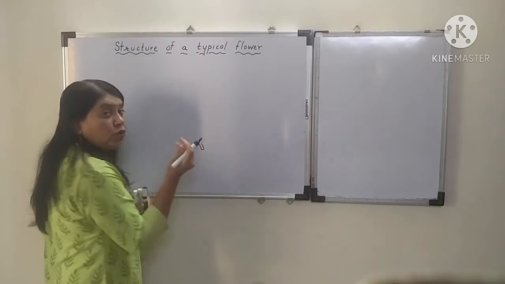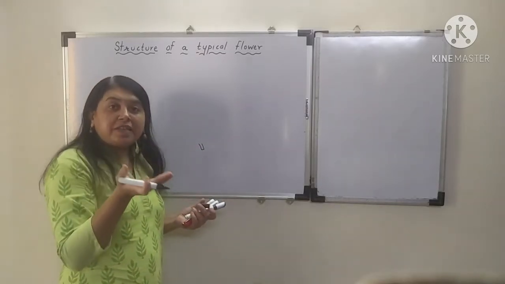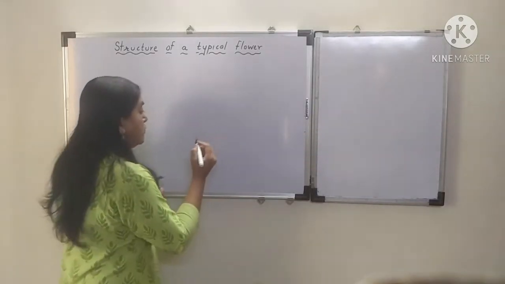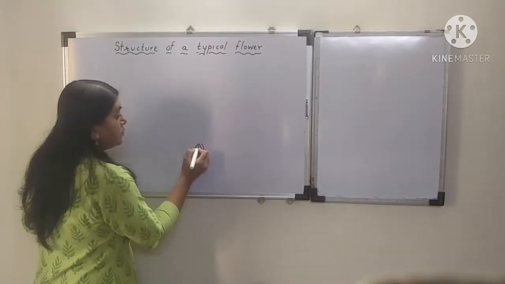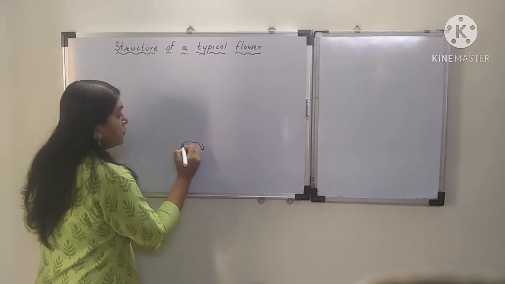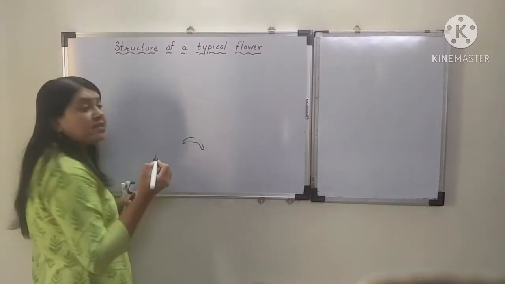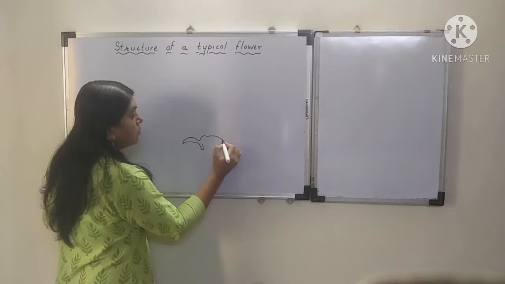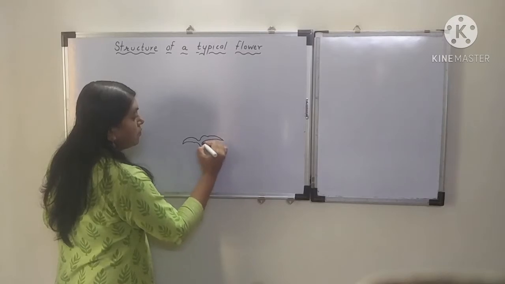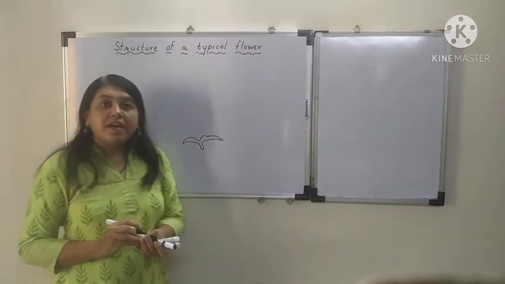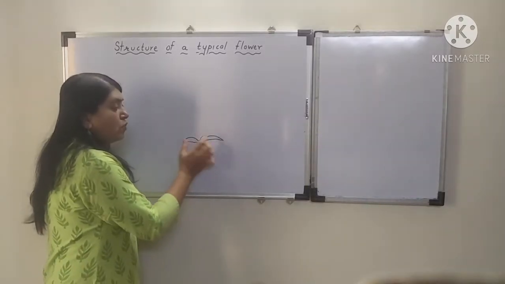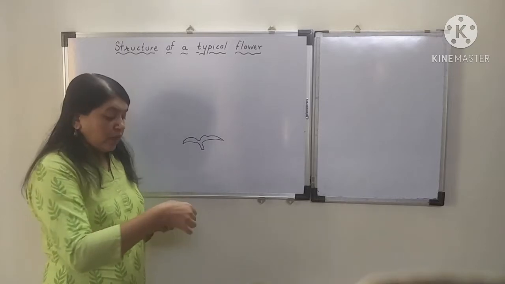Then you will draw the sepals present at the base of the flower, the green colored leaf-like structures. So you will draw it like this. Draw these leaf-like parts. Like this. So these are the sepals. Afterwards we'll be labeling everything. This is the stalk of the flower. These are the sepals of the flower.